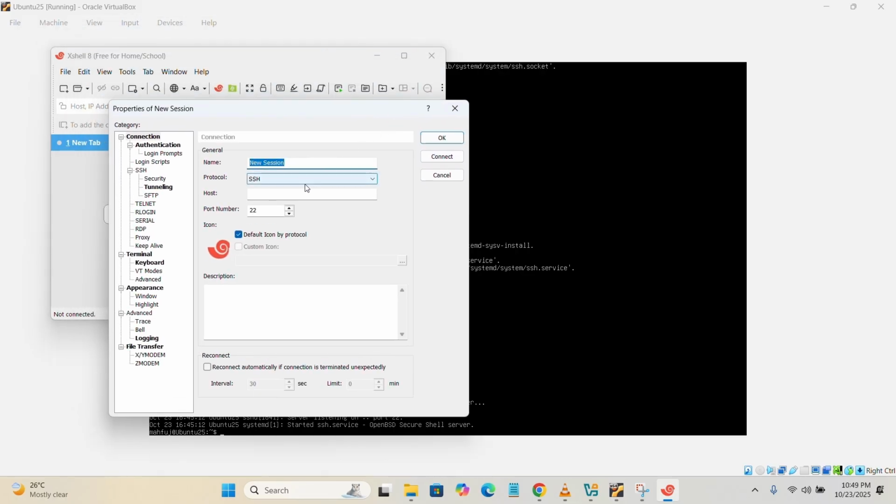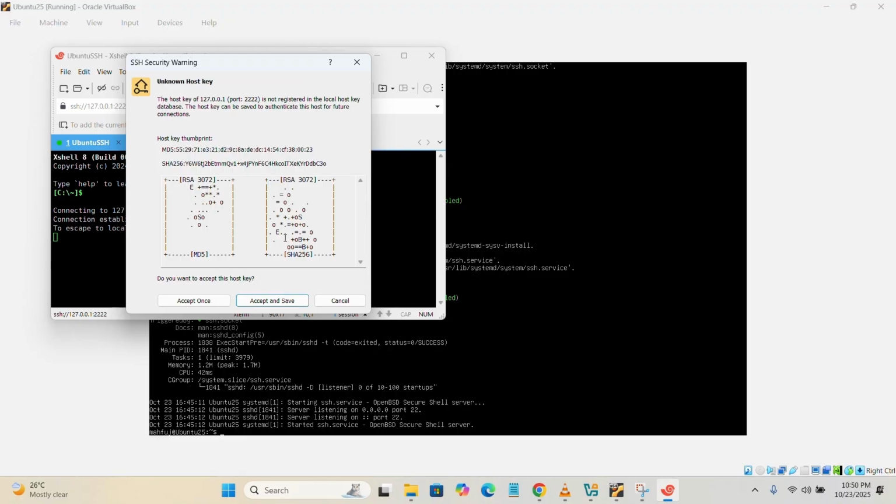Here I'm getting a new server, choosing the name Ubuntu SSH, and then I'm putting my host address 127.0.0.1, and then giving the port, which is 2222, and then I'm connecting,